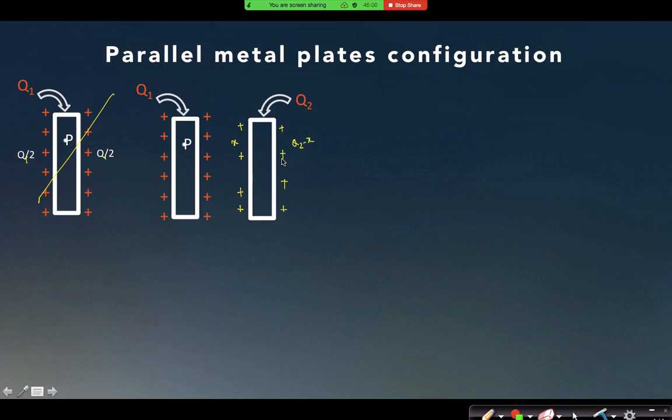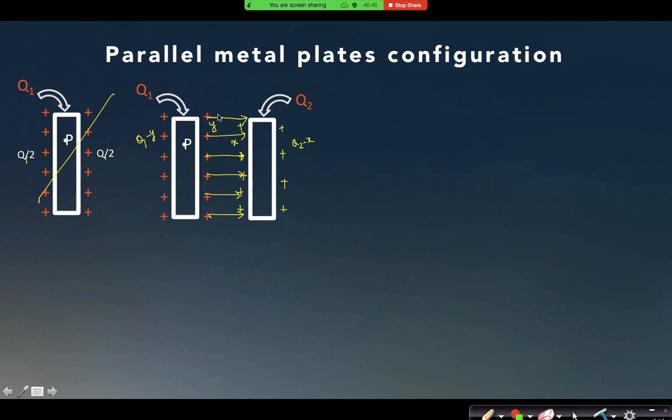Right. Now there is a very important thing to understand: suppose due to this charge q1, I say that this charge is y, then what will be the charge on this surface? Q1 minus y. Yes or no? Can you say that whatever electric field lines will be generated from this charge, they have to terminate on this surface only? These electric field lines have to terminate on this plate, yes or no? Is there any other way the electric field line can cross the plate?